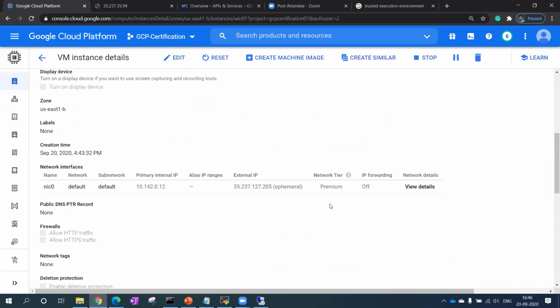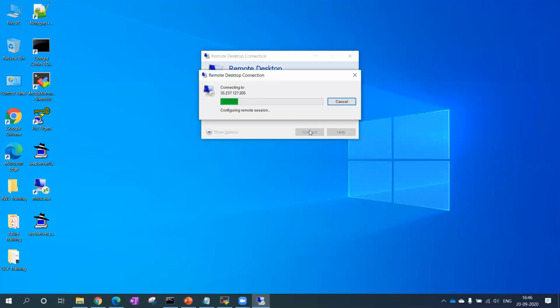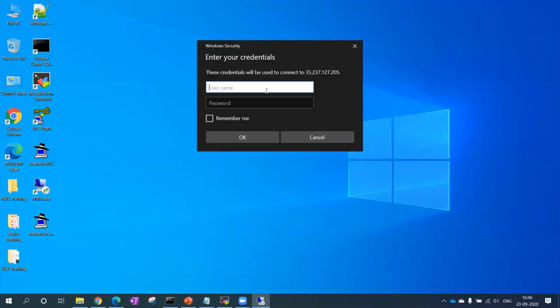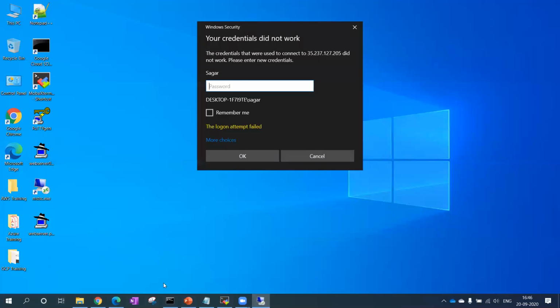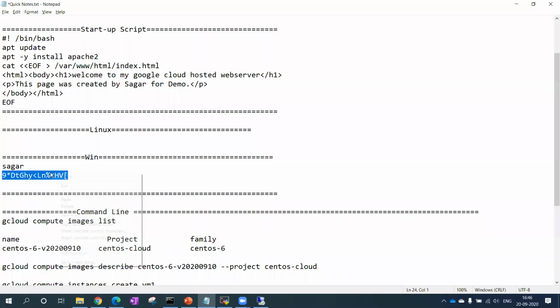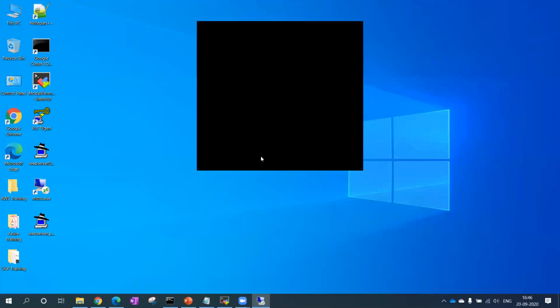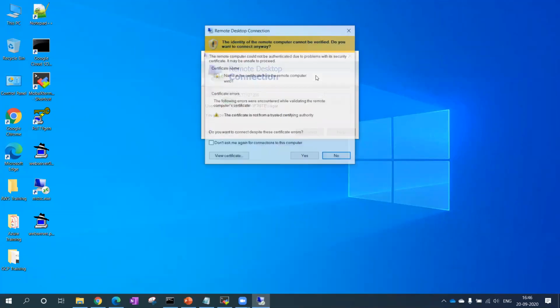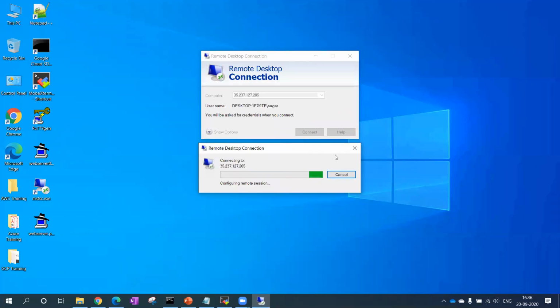Let me try again. I think sometimes it is running in the backend, so it takes time. See, I have not done anything. Sometimes it takes time. Password. See, it's very straightforward. Nothing much to it.